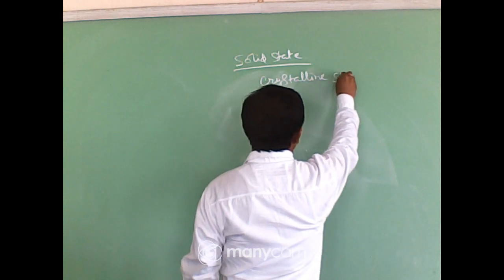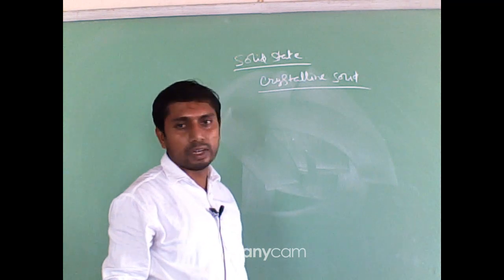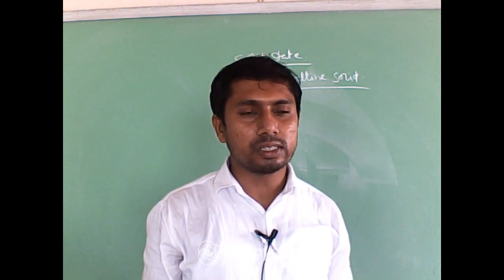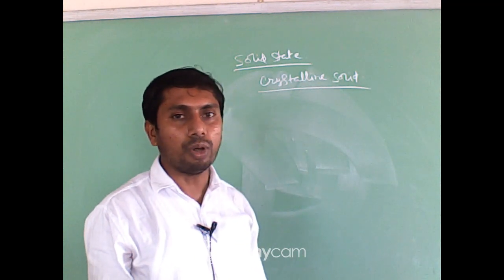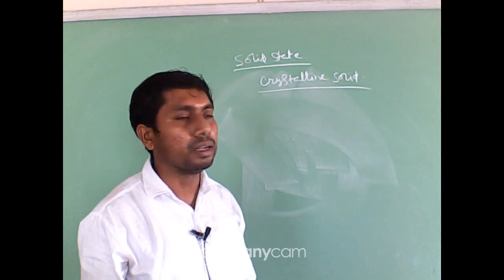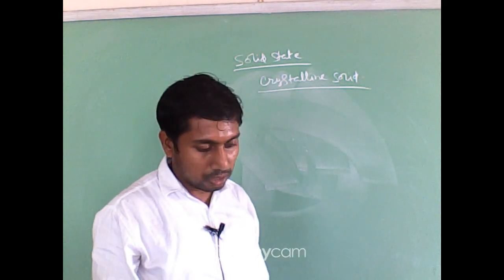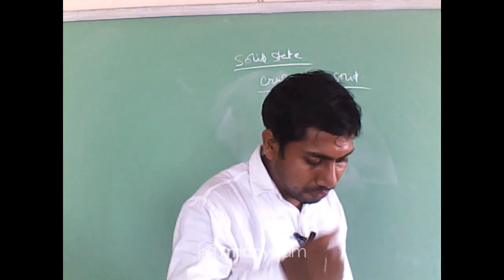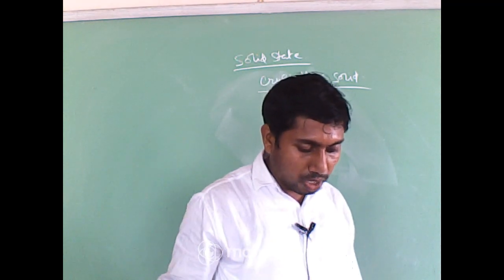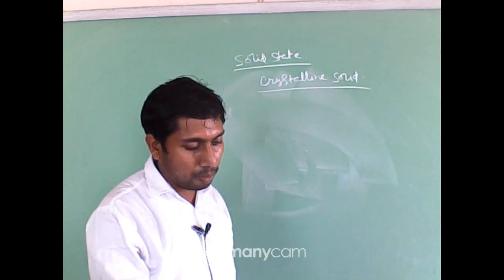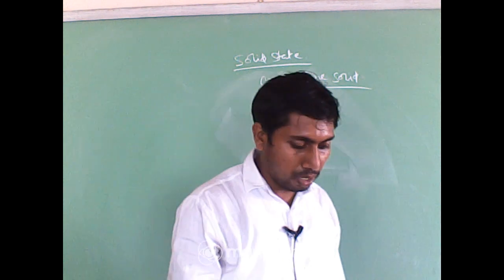Crystalline solid. Now, in class 11, you have studied some of its crystals, one of which is sulfur, in its monoclinic or rhombic shape, and PCl5. These are also covalent in nature, but these solids are also under a class of solid. So, look at this classification of crystalline solid. The crystalline solid can be classified on the basis of the nature of intermolecular forces operating in them into 4 categories.